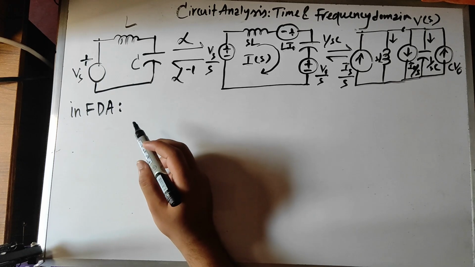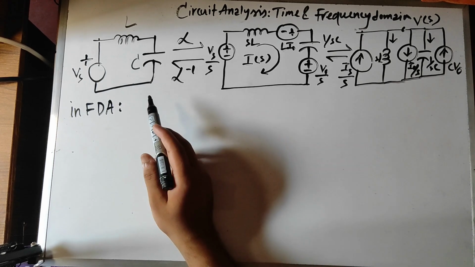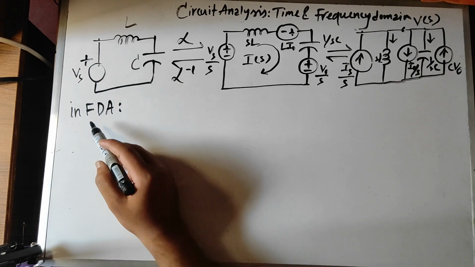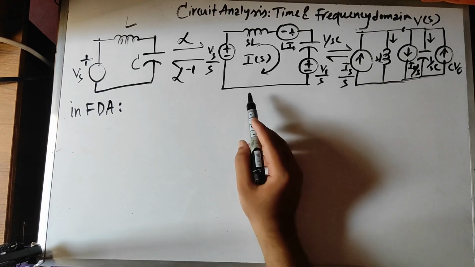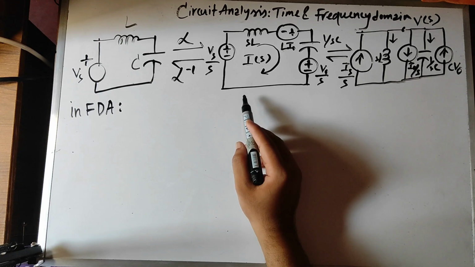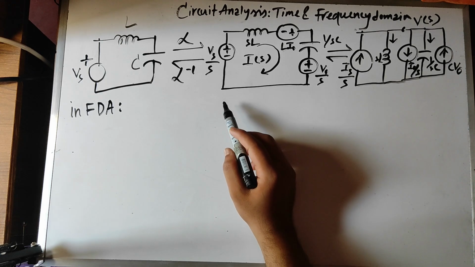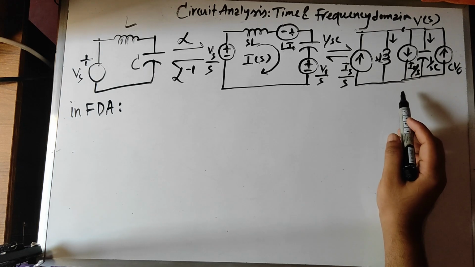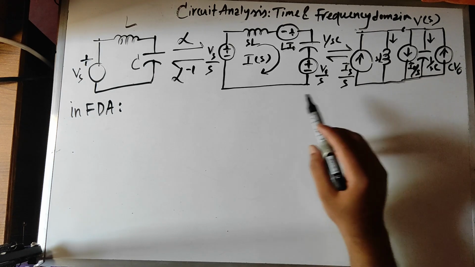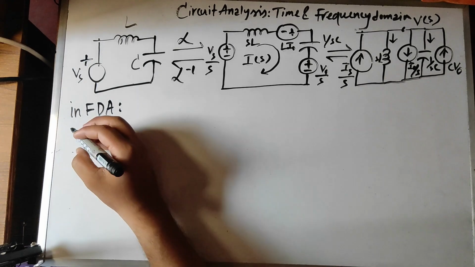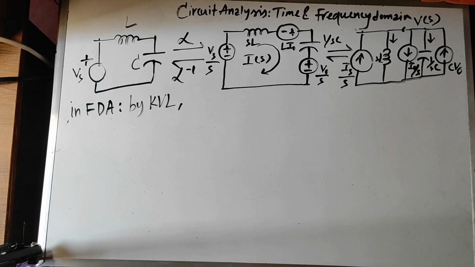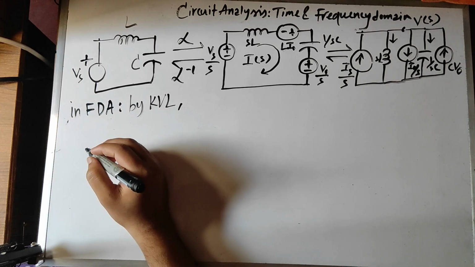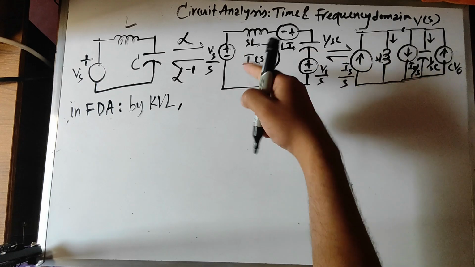We're going to derive the step response for the series LC circuit in the frequency domain. I have done the Laplace transform in both the voltage source analogy and the current source analogy. We're going to apply both KVL and KCL. So here, by KVL we get, in this circuit,